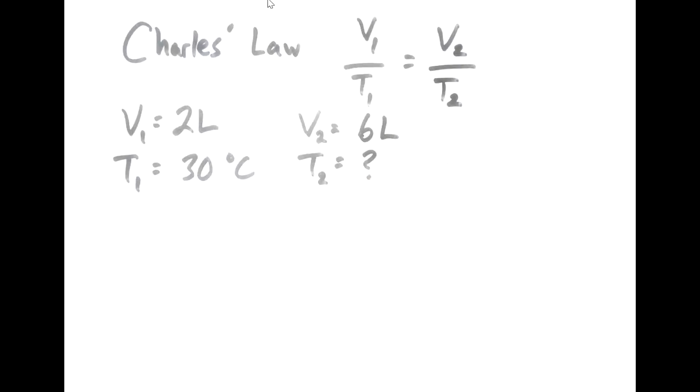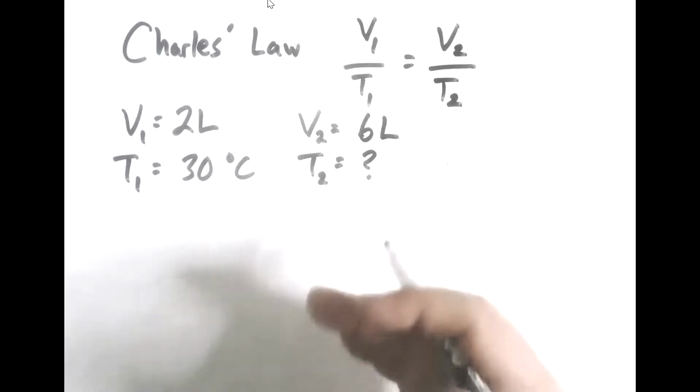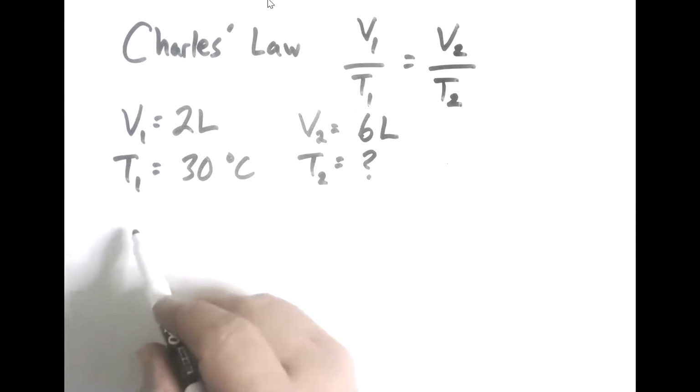Now, for some of you right now, the answer will probably appear obvious because you'll understand that as V goes up, T must go up the same amount, and you might be able to do it in your head because I'm using nice round numbers. But most of the time, the numbers won't be nice round numbers, and so how do we handle this? Okay, well,